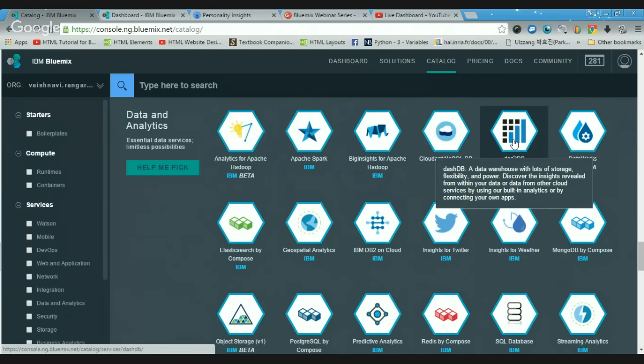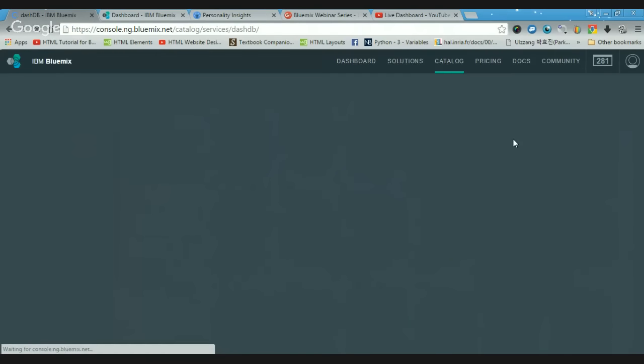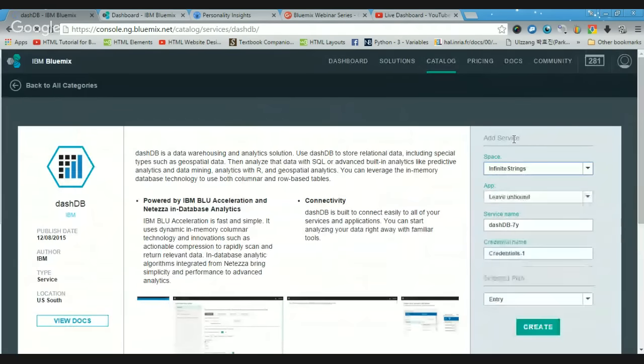Dash DB is, you must have heard about the term data warehouse, right? Most of the final year engineering students might know about this. So Dash DB is a completely managed cloud data warehouse, and it is easily scalable. It's very easy to use, and it gives very clear, actionable insight, and it is highly compatible. There's support for visualization, and it's very easy to upload the data, and you can do